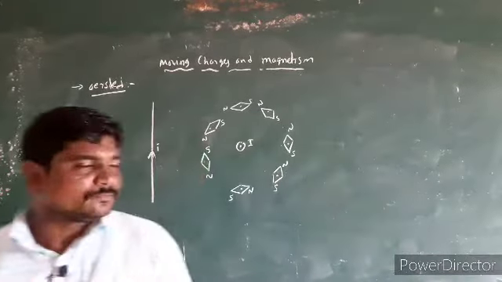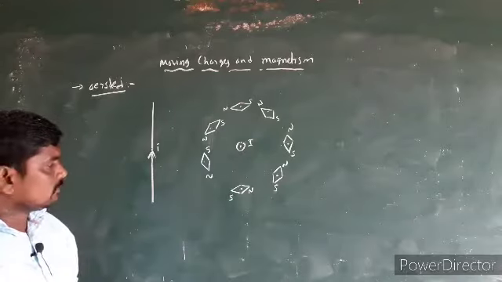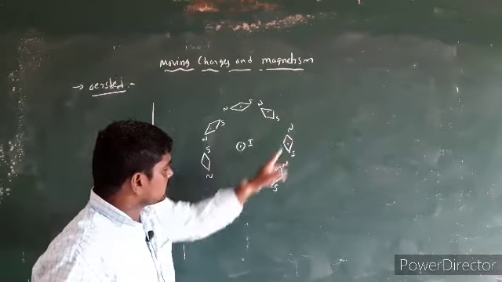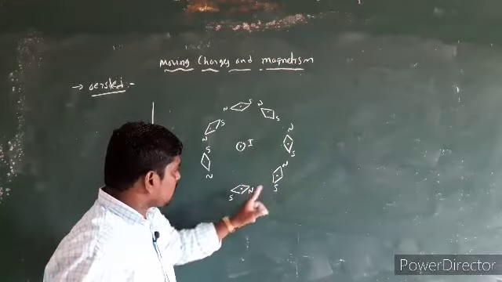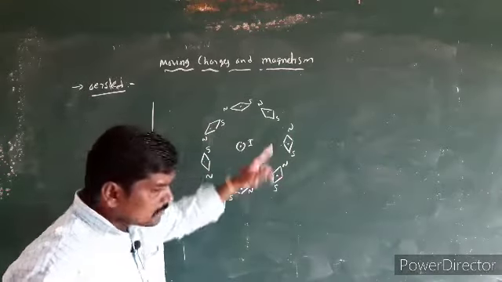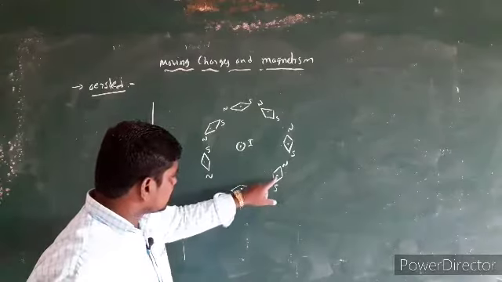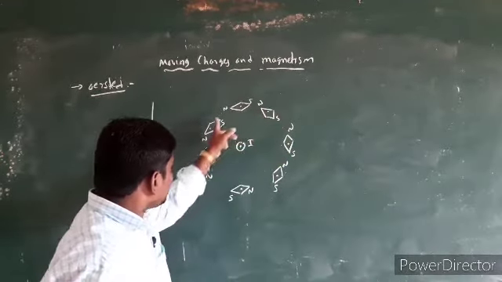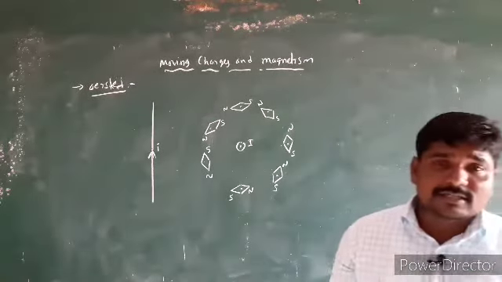Similarly here also, we place a magnetic needle in the vicinity of the conductor. Now the north pole direction is like this. At different points, this is the direction of the north pole. From point to point, the north pole direction changes. At this point, this is the north pole direction. At this point, this is the north pole. At this point, this is the direction of the north pole. Now, point to point, the direction of the north pole changes. Why does the direction of the north pole of the magnetic needle change?